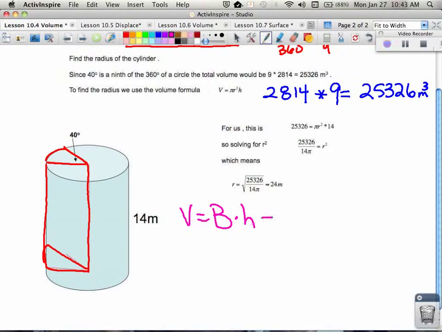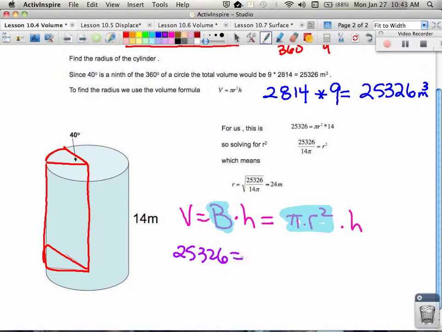But I can rewrite the area of the base as pi times my radius squared, and then times the height of the cylinder. So keep in mind that the capital B is the same thing as pi r squared. If I fill out the information, I have my total volume of my cylinder,